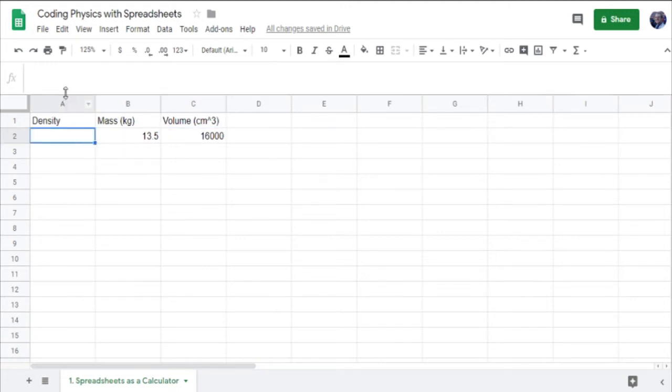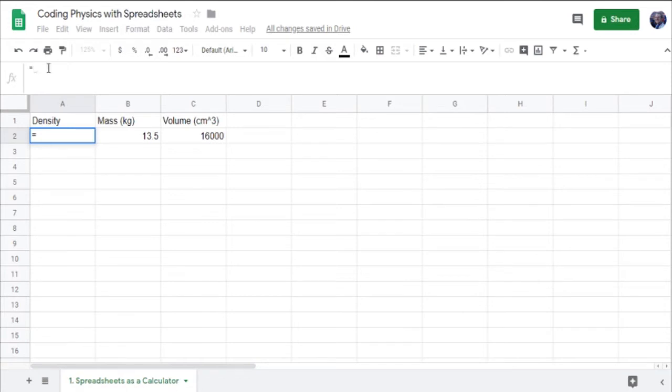So if I want to calculate the density, I can have the spreadsheet do that for me. All I need to do, anytime you want to make a calculation, is start with an equal sign. And my students forget this all the time. It's okay if you do, because when you forget it and it doesn't give you a number, you just go back, put an equal sign at the beginning, right? It's wonderful. Coding is wonderful because you get to go back and fix any mistake you made. You can go back and fix,